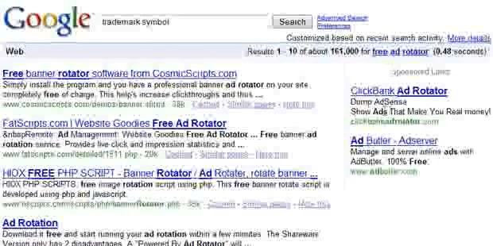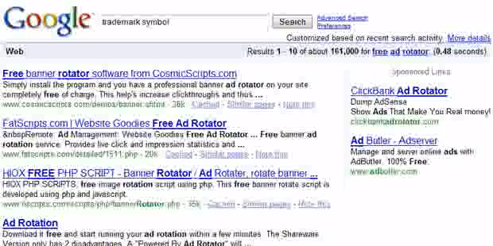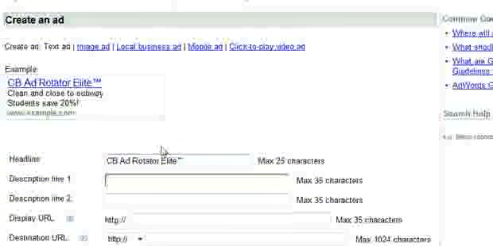He's saying dump AdSense, show ads that make you real money. So it sounds like it's a rotating script people can put on their website that can rotate ads that will make money. So I can say